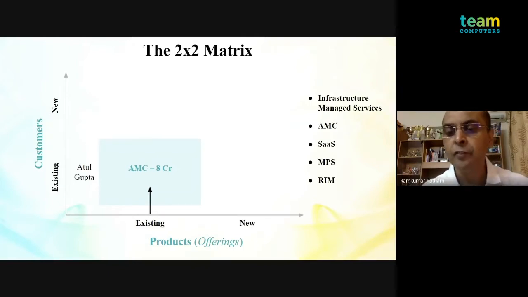AMC today is one of our oldest businesses, about 34 years. So I used AMC to enter the organization at the lowermost quadrant on the extreme left, and I leverage my existing relationship base. Let's assume that Atul Gupta is my existing contact who has done business with me in the enterprise, or in analytics, or any one of them. I leverage him and start a conversation using my existing base. I position it as a service offering, talk about my value proposition and my differentiation, and I end up enabling a sale with Atul Gupta.